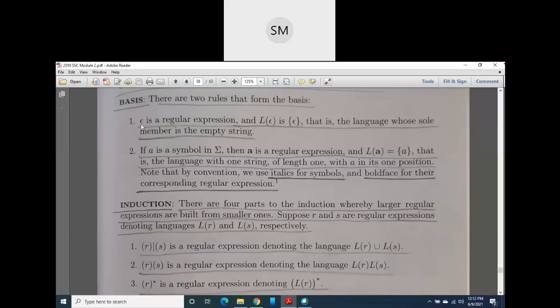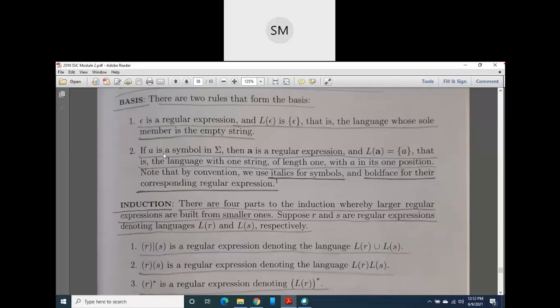What is this epsilon? Epsilon is an empty string. Nothing is there, no symbol, no character, no alphabet in that set or string. So this empty string is a regular expression. Empty string is also a regular expression. And the language composed of this empty string is the empty string only again. Since there is no symbol, it will be the empty string, a language whose sole member is the empty string. So if any language is created using the empty string, you will get the empty string only.